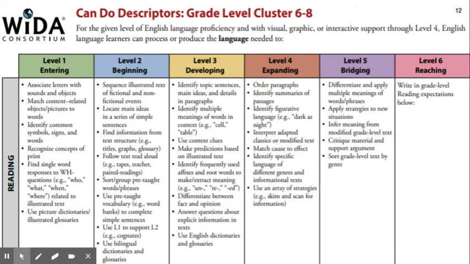For reading, this shows you for level 1 through 6 what those students are able to read and what they are able to understand. So your level 1 students, they can understand common symbols, signs, and words. They can match things. They can associate letters, sounds, and objects. Compared to your level 3 student, they can identify a topic, sentence, main idea, details, and paragraphs, identify multiple meanings